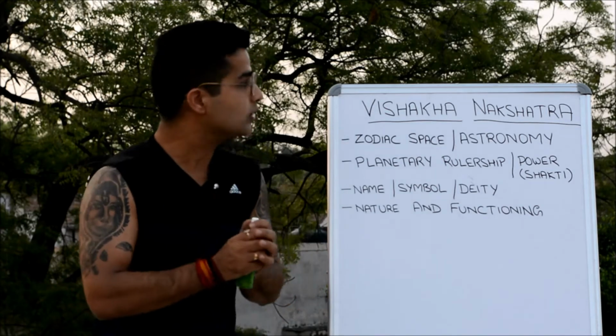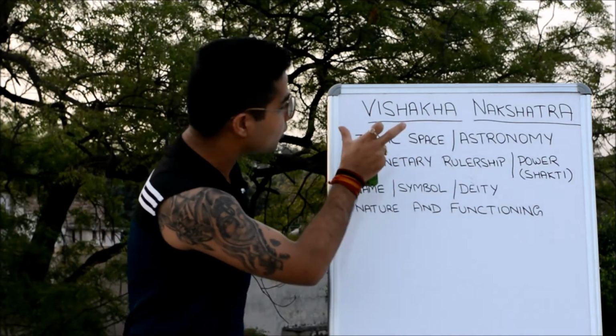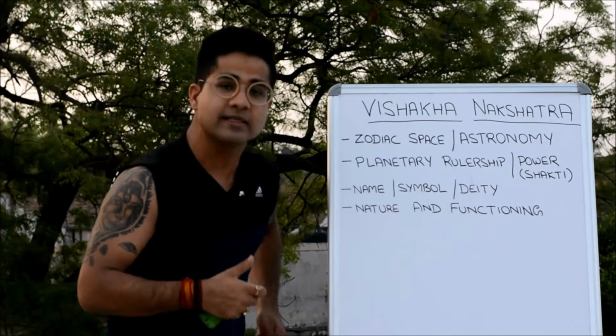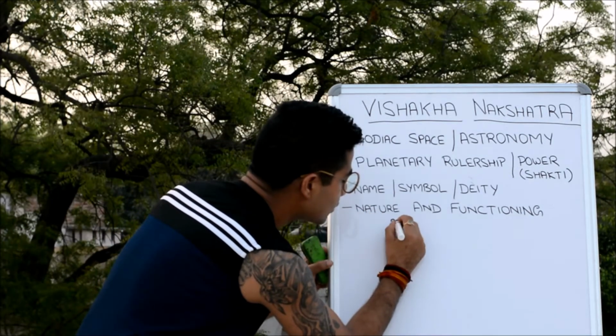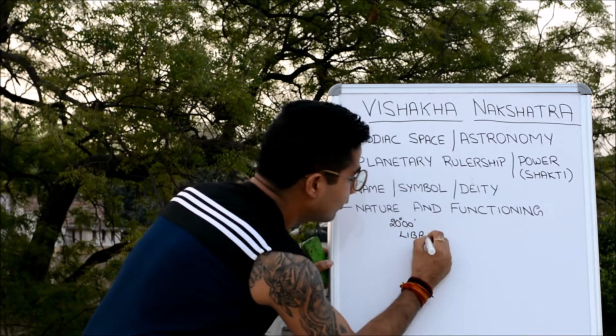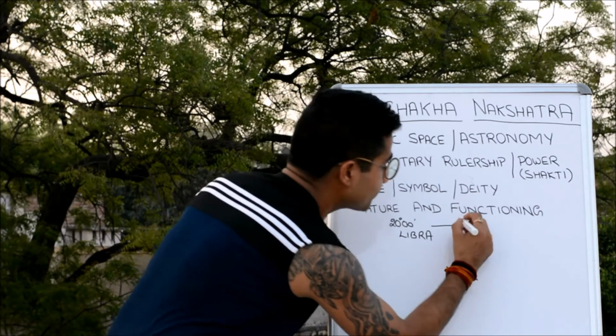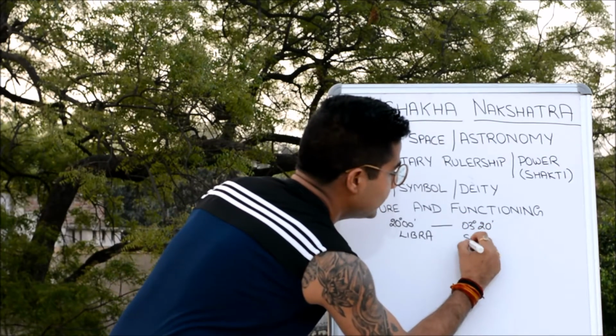Now when it comes to this particular nakshatra, the nakshatra number 16, the Vishakha, the zodiac space which it occupies starts from the Libra sign from the 20 degree. So from 20 degree of Libra zodiac sign reaching till 3 degree 20 minutes within the Scorpio